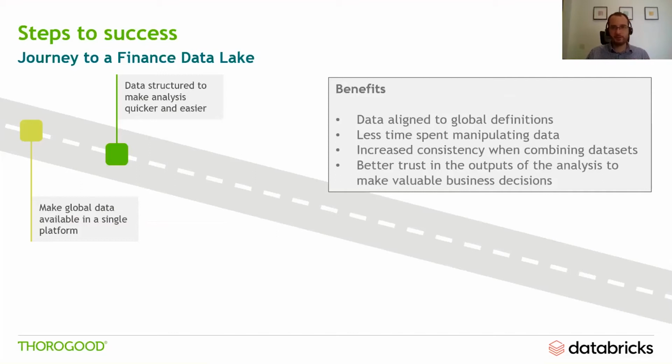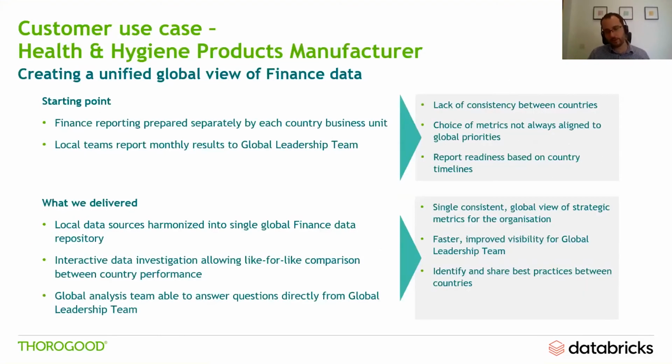And also, it's easier to build consistent, robust analysis that maps to well-understood global hierarchies. And so I'm going to jump back into Databricks and build on what I've already shown, but I want to talk a little bit more about the use case this time. So this is looking at the same set of data,